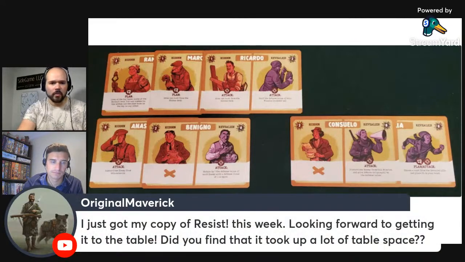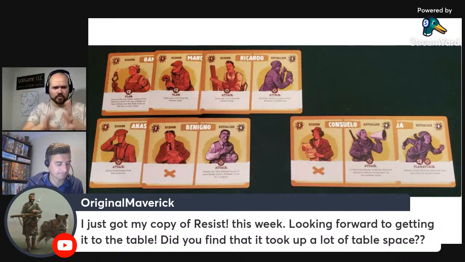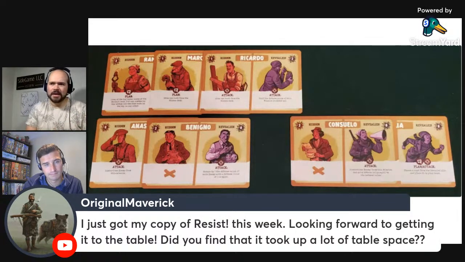We have a good question here from Original Maverick. Just got the copy of Resist this week. Looking forward to getting to the table. Did I find that it took up a lot of table space? I would say no, actually. It's pretty manageable. You're going to keep things in sort of this small grid. It's going to be a big square. The rulebook lays it out pretty well. I would say it's about the size of maybe...